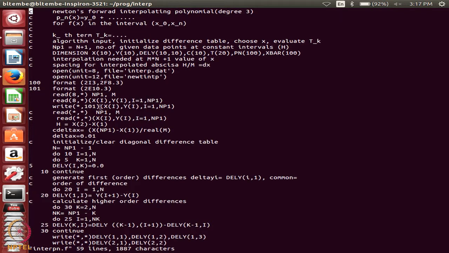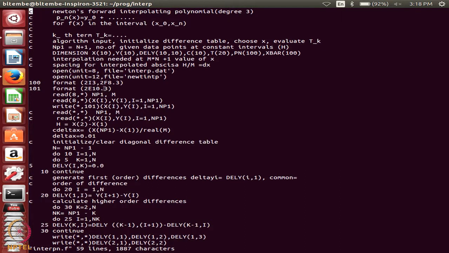Then I am going to write whatever I read on the screen. So, write star comma 101 xi yi, I going from 1 to np1. Now, 101 is a format statement. What is that format statement? Look at this: 101 format 2e 10.3. What is this 2e 10.3?